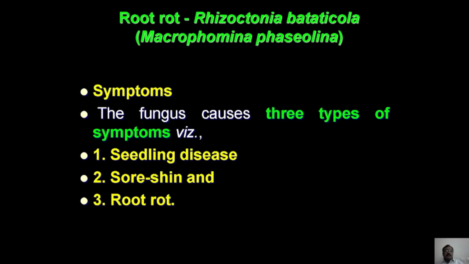reducing the disease incidence. And then the root rot, which is caused by Macrophomina phaseolina, the perfect stage is Rhizoctonia bataticola, and the fungus causes 3 types of symptoms. First, in the case of seedlings, it causes seedling disease, and then shin symptom, and then root rot in